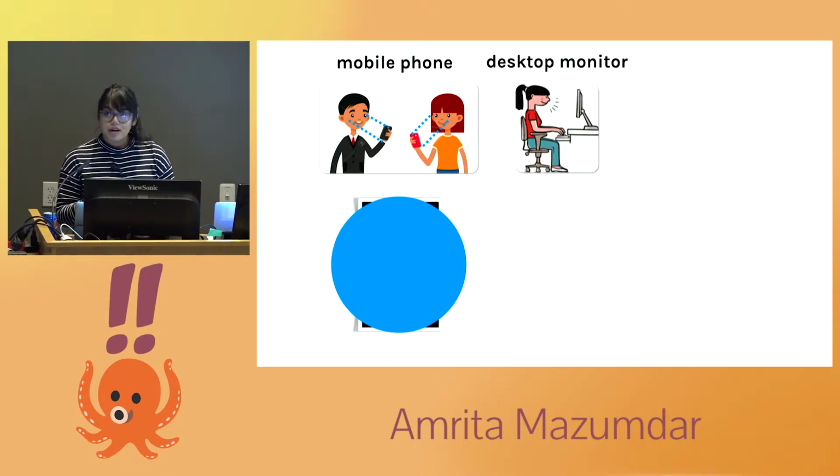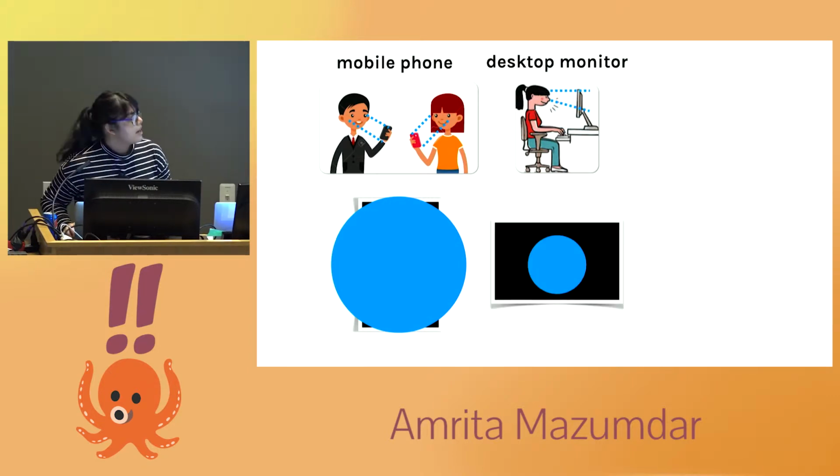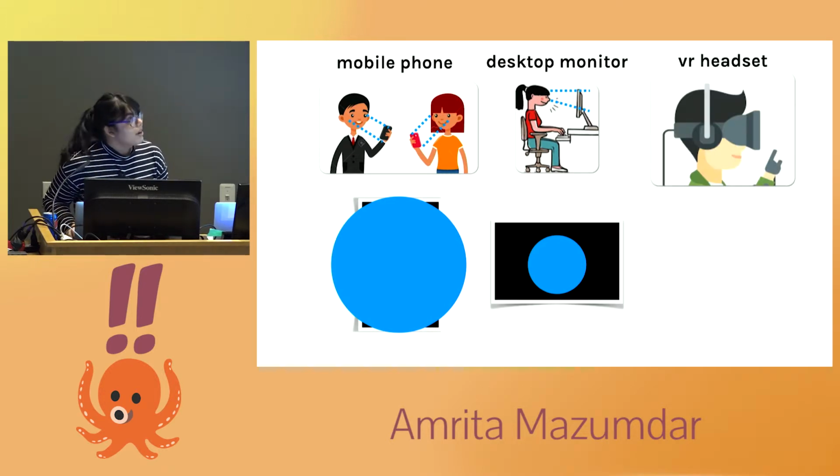If you're sitting at a desktop monitor watching your bear videos, you're sitting a little bit further away, but your screen is also a lot larger. And you are looking at about 70% of the pixels on your desktop monitor. But a VR headset is where things get fun. The VR headset is like a standard phone, but you keep it really close to your eye. And also, the display is a lot bigger than your regular phone display, or much more dense.